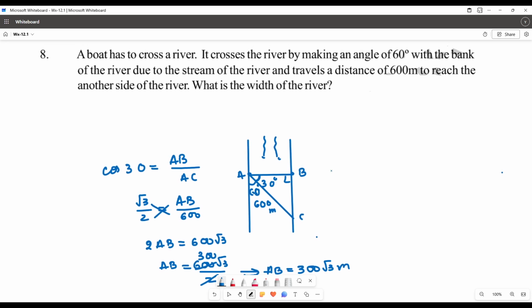That's it. So if a boat has to cross a river, it crosses the river by making a 60 degrees with the bank of the river due to stream of river, and travels 600 meters to reach the other side of the river, then the width of the river is equal to 300 root 3